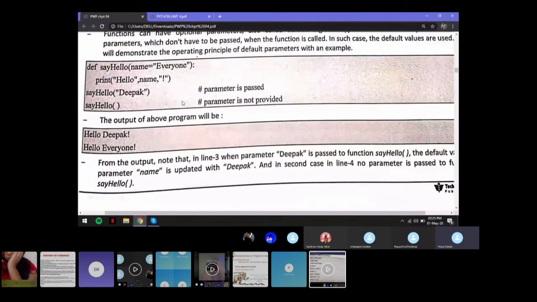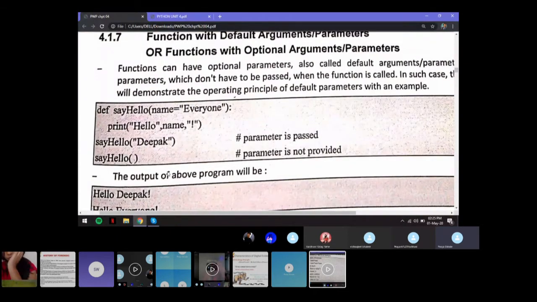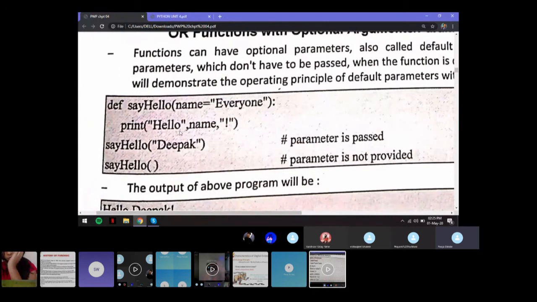We have a function defined as def say_hello, and inside the brackets we have the parameter called name. But the only difference is we are writing name equal to everyone. Now this is written inside the bracket. So whenever you assign a value to a parameter inside the bracket itself, it becomes its default value.